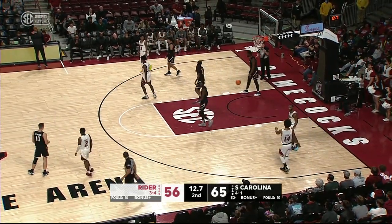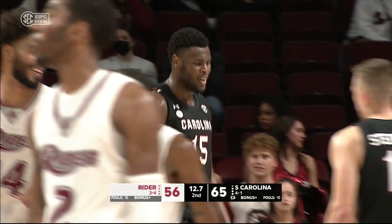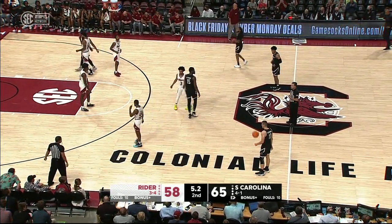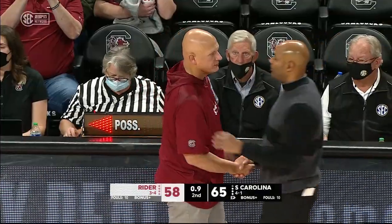Levesque was there to meet Murray. Levesque just does a really good job of clogging that lane up. That time he was a little late on that transition, but still, not a pretty win for South Carolina, but a gritty win for South Carolina, which is exactly what